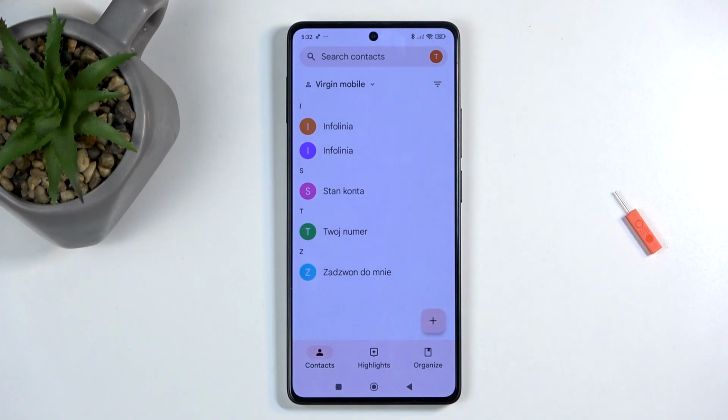But like I mentioned, contacts that are located on a SIM card are lacking in terms of editability, if that's even a word. So if you go to edit them, they will be lacking things like ability for you to add photos, notes, date of birth, and just any kind of additional information. But in any case,